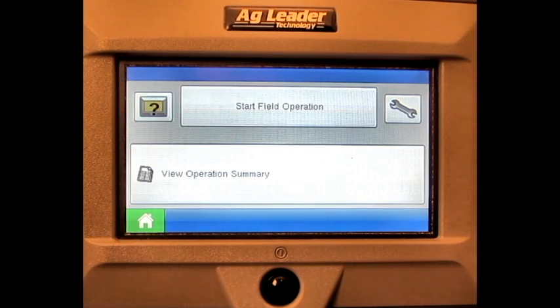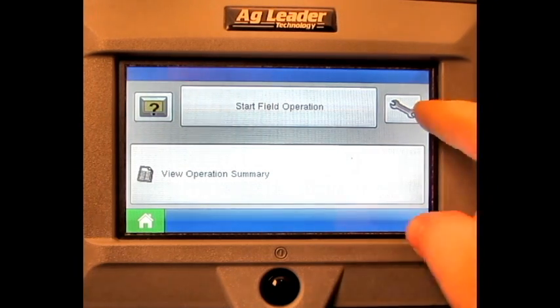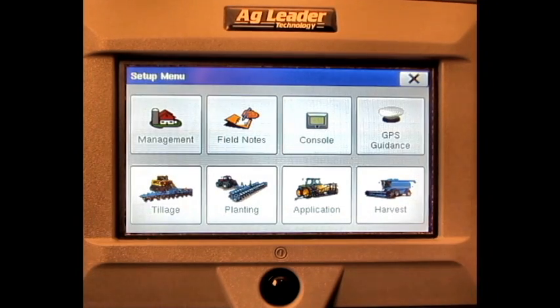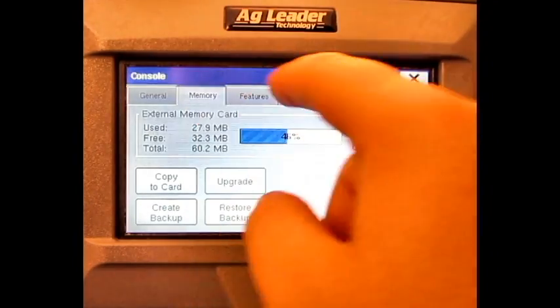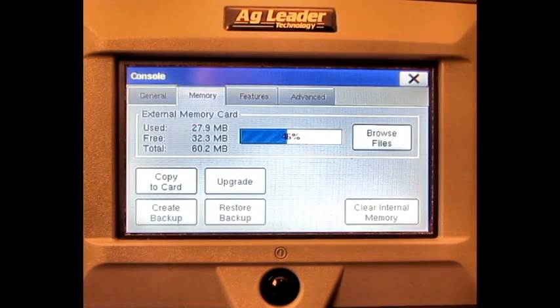In this video, we will cover how to restore a backup on the Ag Leader Edge display. From the home screen, press the Setup button, press Console, press the Memory tab, press Restore Backup,